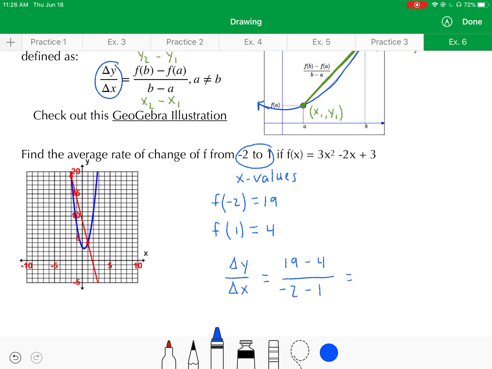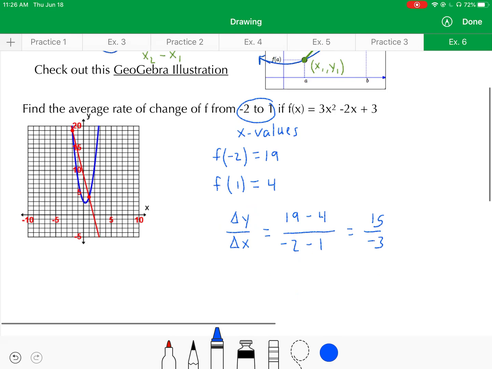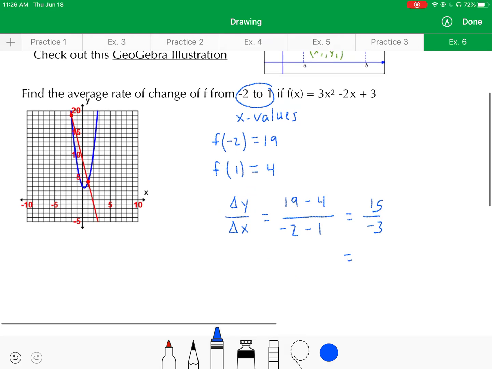And that ends up giving me 15 over negative 3, which is equal to negative 5. So the average rate of change on this function from negative 2 to 1 is negative 5. We're saying that the points between negative 2 and 1 are changing on average by a rate of negative 5 units for y to